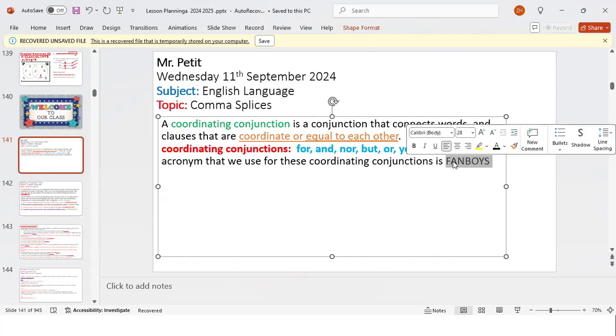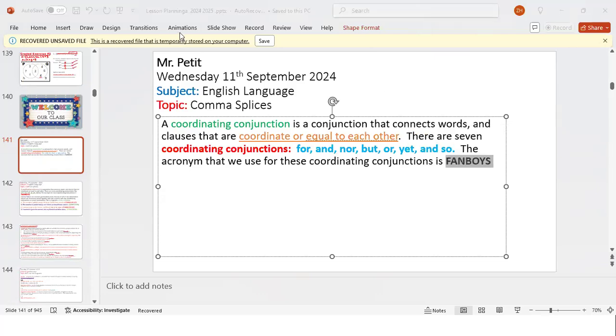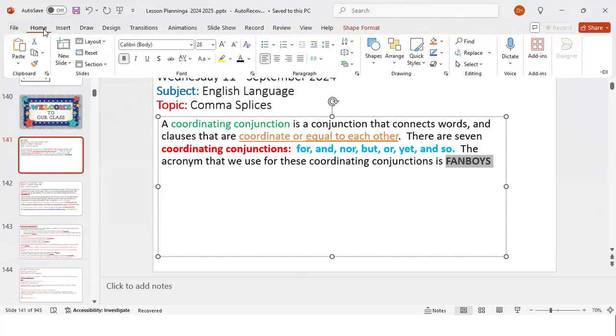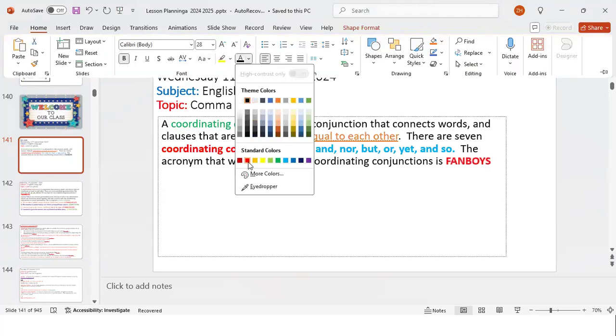That's the acronym that we use, to help us remember our 7 coordinating conjunctions. Fanboys.